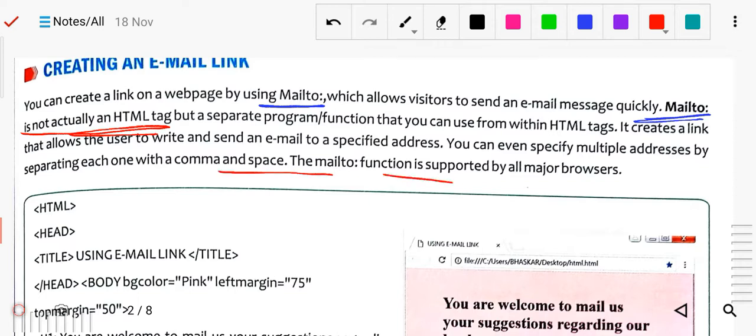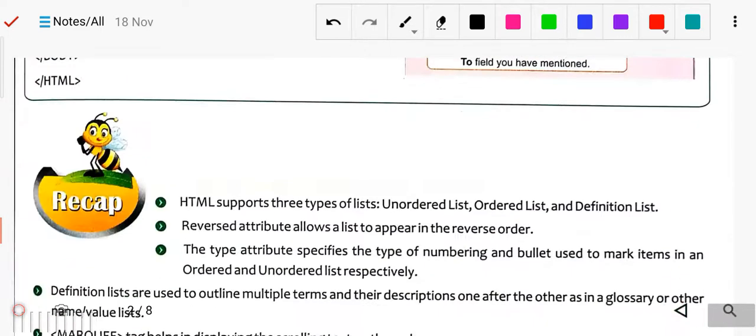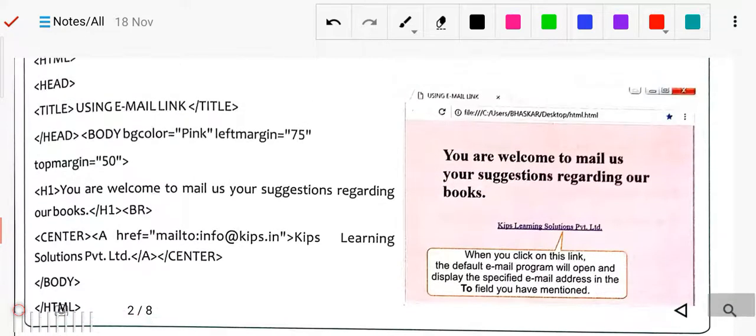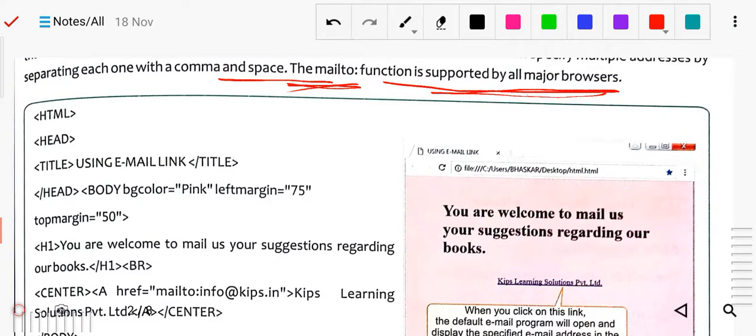Mailto function is supported by all major browsers. So it is not an HTML tag, but it is used to support the mails. You can see how it will be used. Same HTML, head, title, in the body section these are the body color and all that. This is the h1 tag. Now here you can see